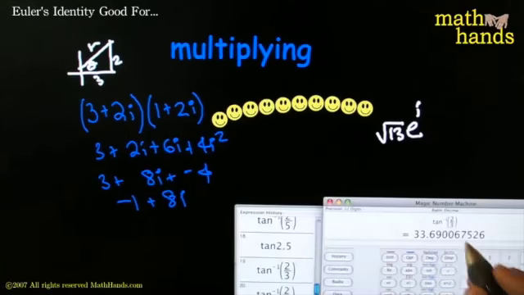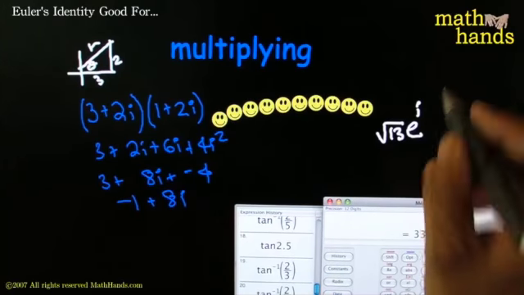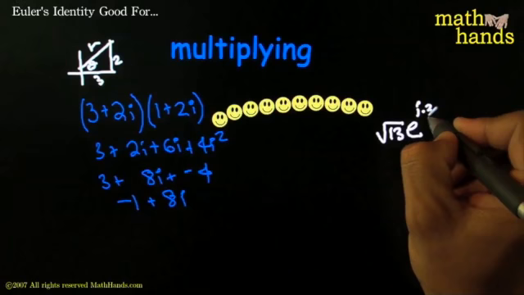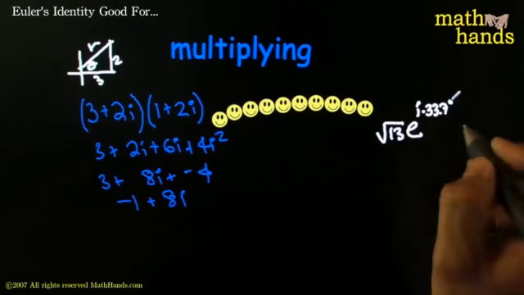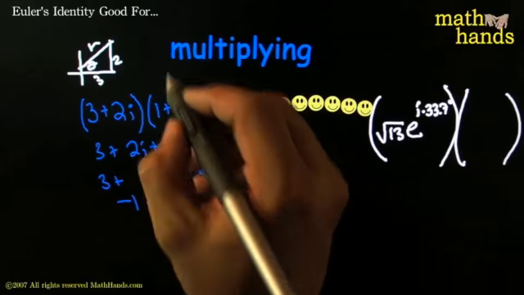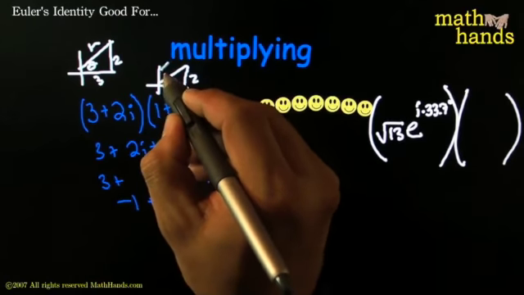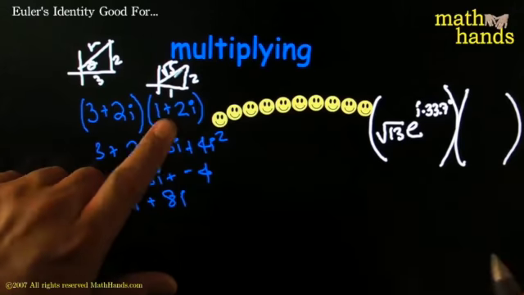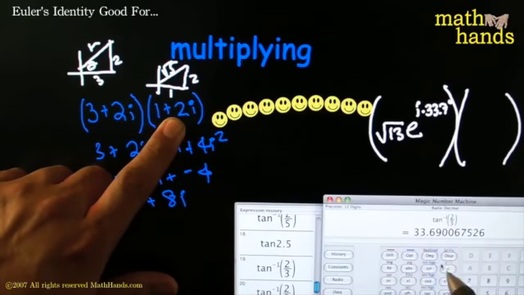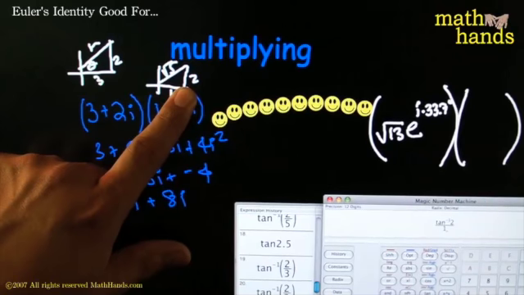This is 3, this is 2, so this would be equal to, I think we've done this before, the square root of 13, the square root of 13 e to the i, and what is the, I need a tan inverse. This is not a famous angle, so I need to find the tan inverse. Let's do that. The little magic number machine. Tan inverse of 2/3, that's 33.7 degrees approximately,